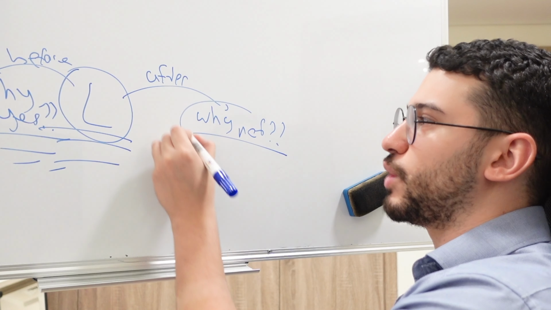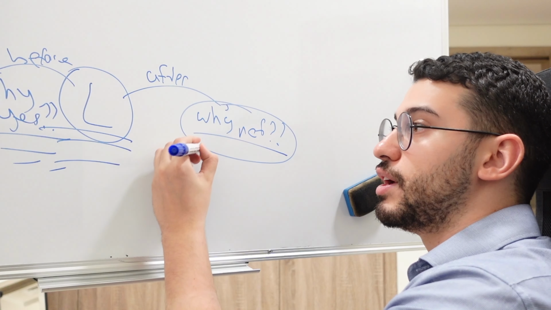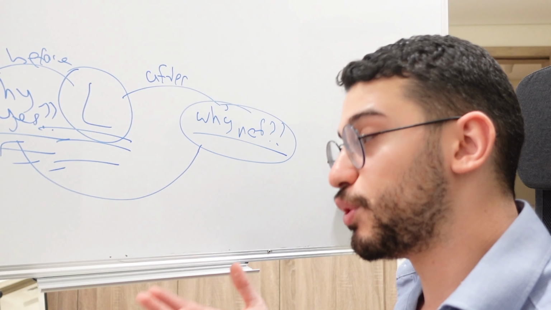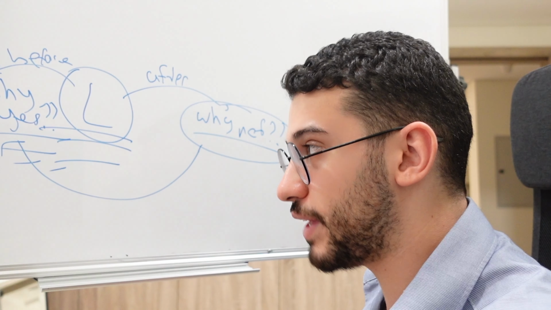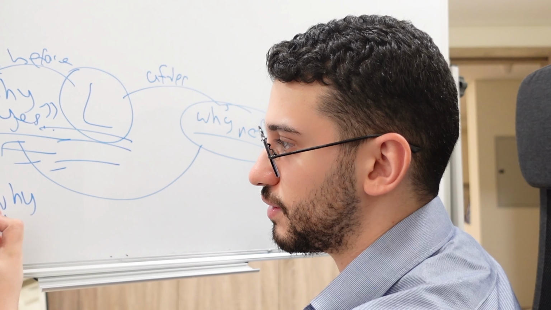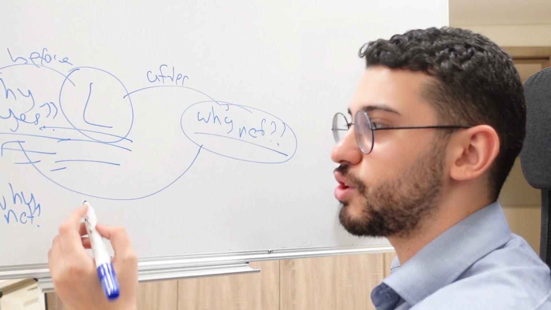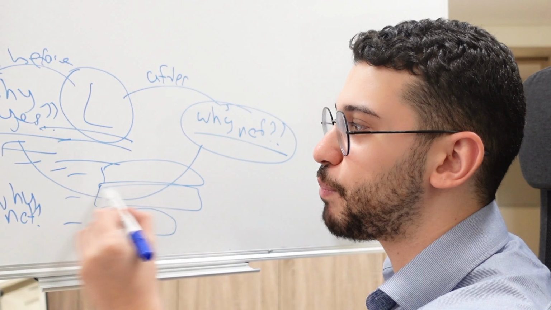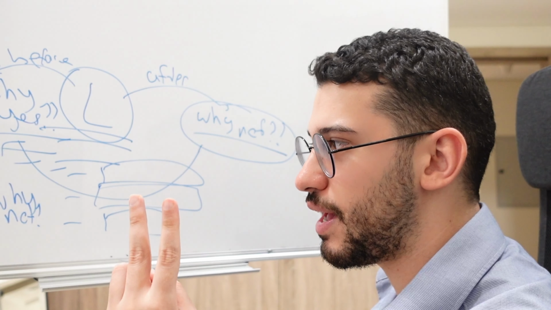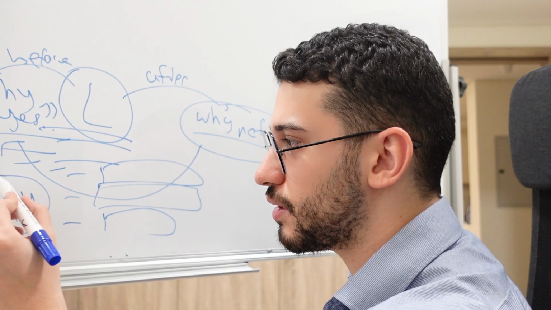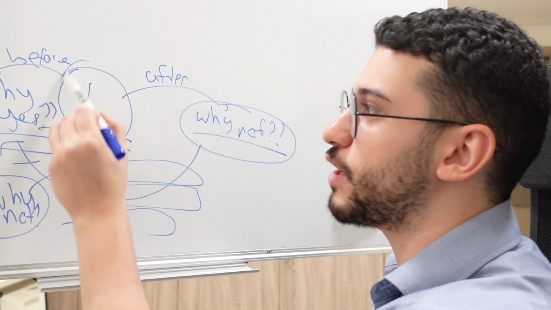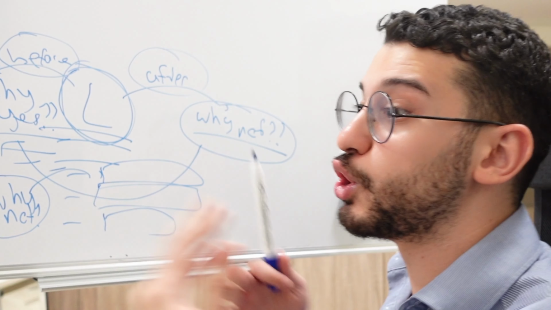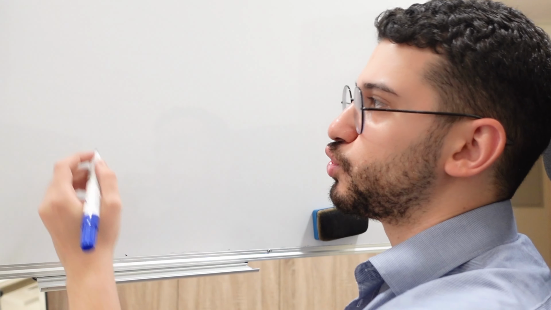But if you bring that question from the after to the before, and before you take the trade, you pause, you pull away from the charts, you look at your trade and you ask yourself, why not? And you start creating a list. Okay, there's news in 1 hour. There's this, there's that. If you just pause for 2 minutes and ask yourself, why not? You will find the reasons why you shouldn't take that trade beforehand, as opposed to only after you lose money.